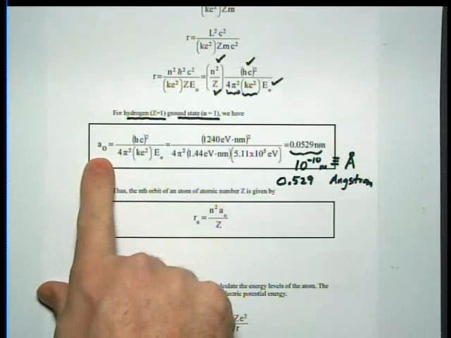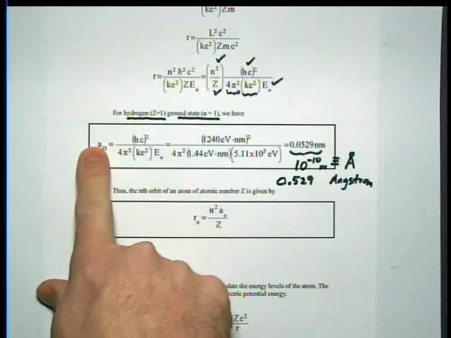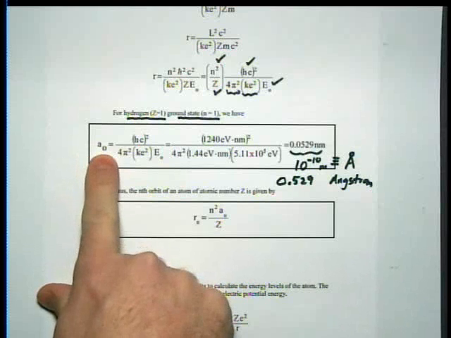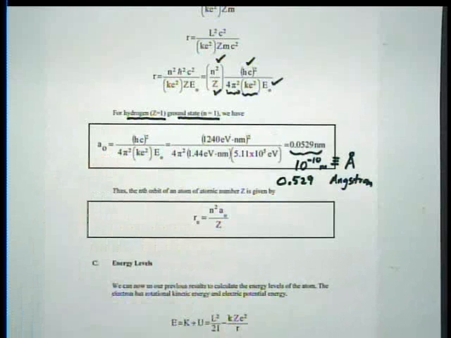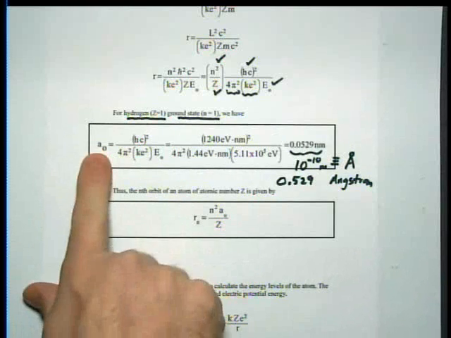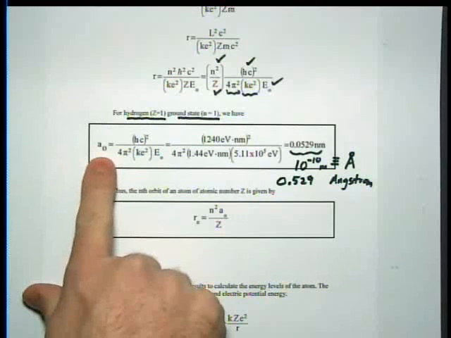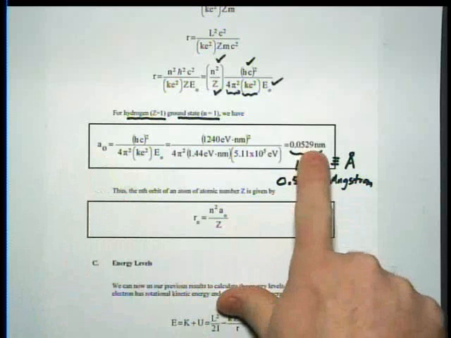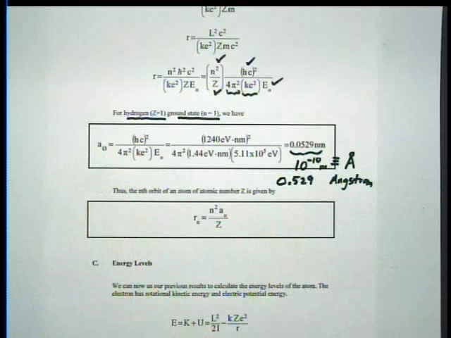That symbol is usually given a separate symbol. You see the a kind of looks like an angstrom, and the 0 kind of being initial or lowest. This is called the Bohr radius for the hydrogen atom, and it's a number you should know. I wouldn't expect you to know the extra decimal places, but I would expect you to know that it is half an angstrom. It sets the basic size of atoms.